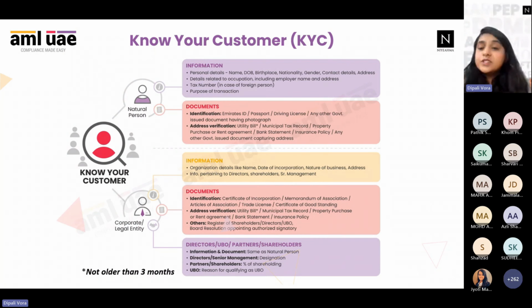Memorandum and articles of association is a must-have document because that will let you know who the UBOs are, who are the persons who have invested, who are the stakeholders in that company. So AOA, MOA, and certificate of incorporation or trade license are must-have documents. For address verification of the company, the utility bill, municipal tax record or bank statement must all be in the name of the company. That must be taken as the address verification proof for a corporate entity.